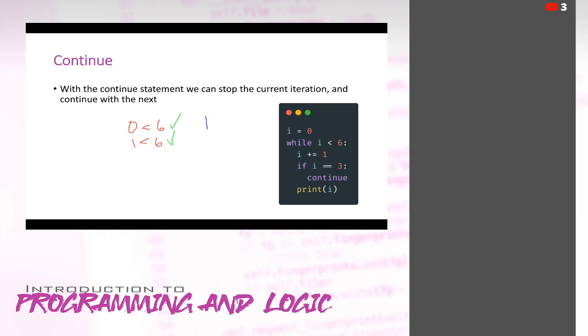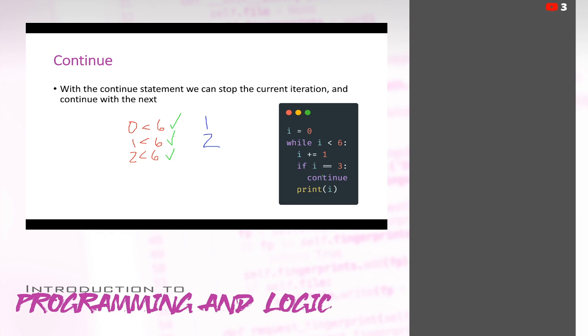So we're going to skip that continue. And we're going to jump to that print, which is going to be a 2. Go back up. While 2 is less than 6, which is true. I plus equals 1. So now I is 3.